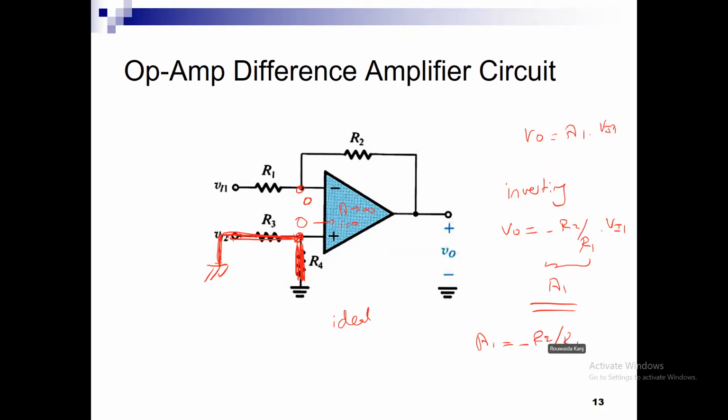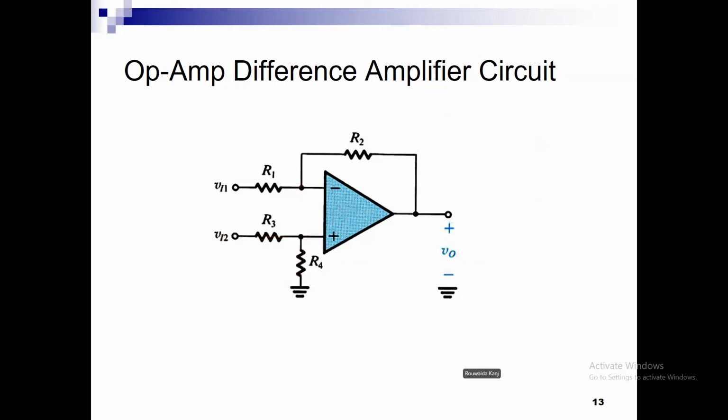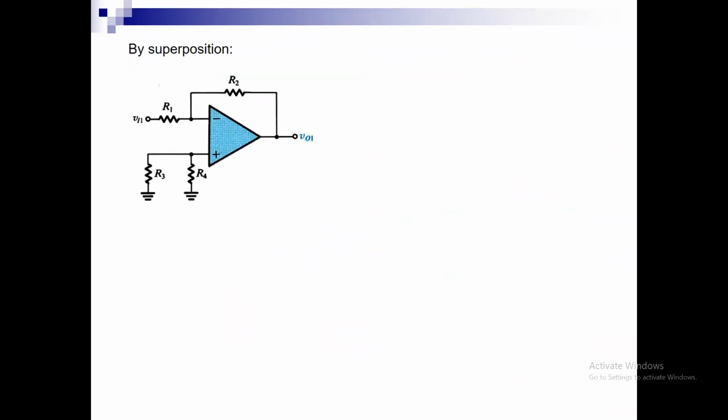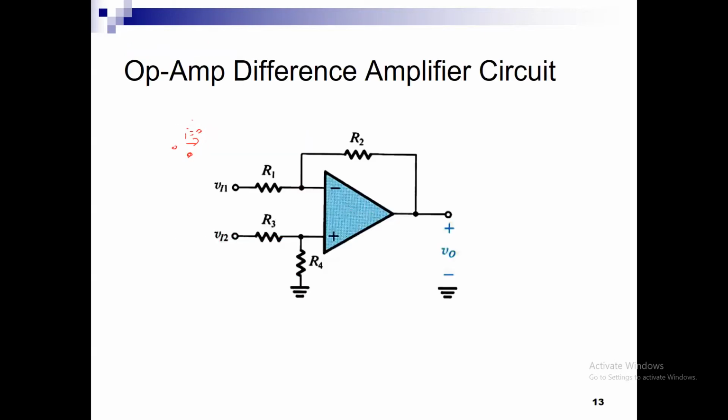Okay? So this is the gain A1. If I go back to the next slide, he is telling me this I0 is zero, this node became zero, so this became an inverting amplifier and VO equals minus R2 over R1. Okay. Now, by superposition, I will turn off this